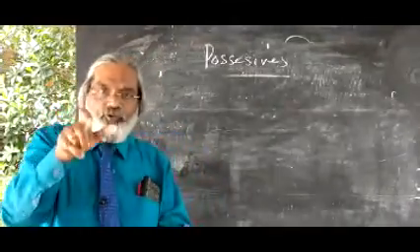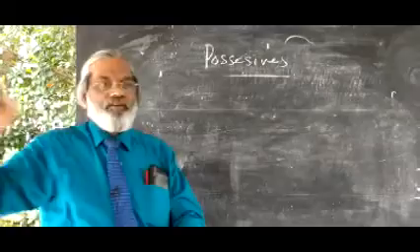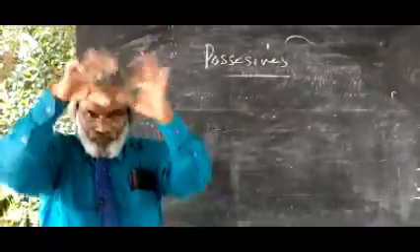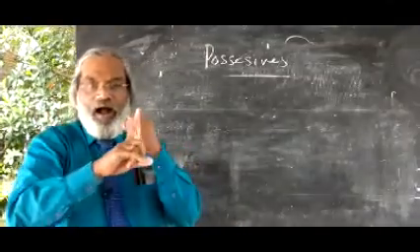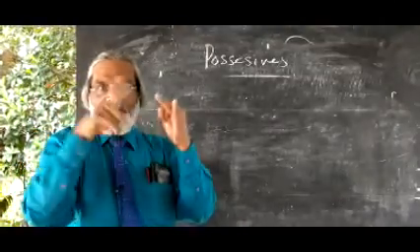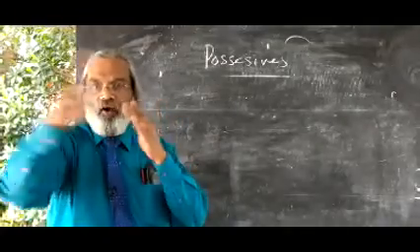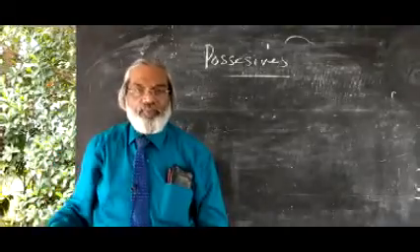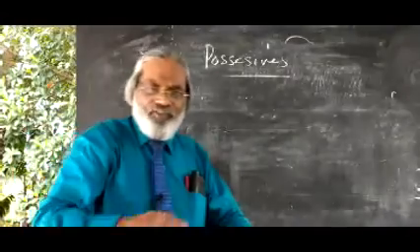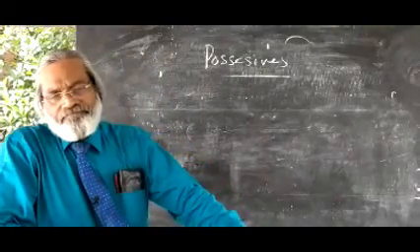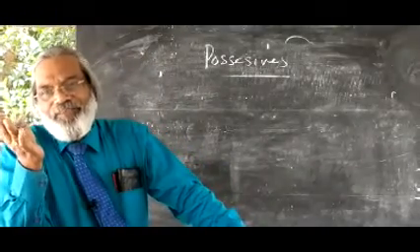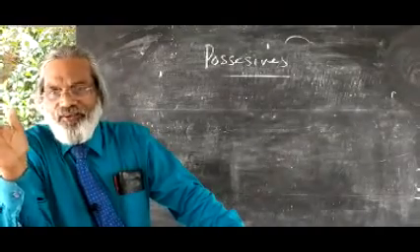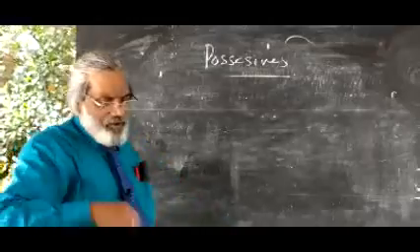So once they ask a question, write a brief note on determiner, you will have to write first that determiners are as such, X, Y, Z. Then put a diagram. Then make 5 categories: first article, second demonstratives, third possessives, fourth quantifiers, fifth distributives. Explain with certain examples. You will get a 10% mark, I'm damn sure. Is it clear to you? Are you with me, or did I lose you somewhere? Fully okay? Then understand possessive.